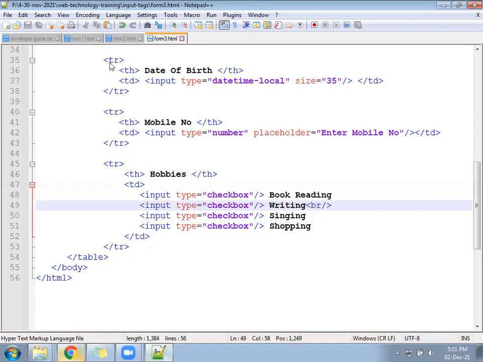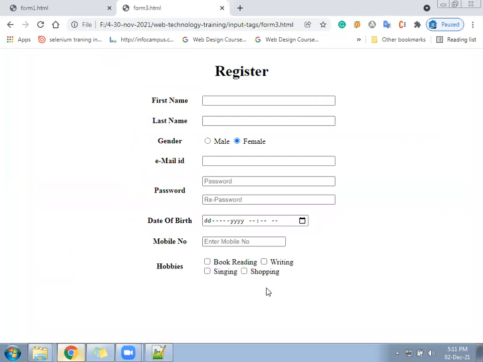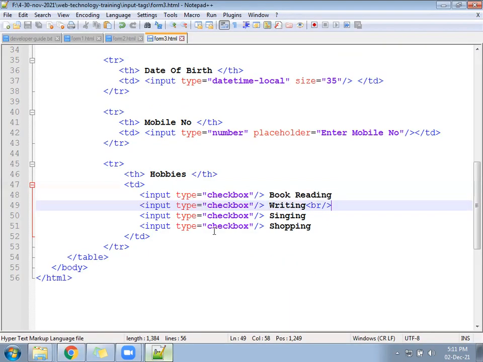Now we can see two in one line, two in the next line. If you want to keep three, you can keep three in one line according to the space. Okay, let it be.